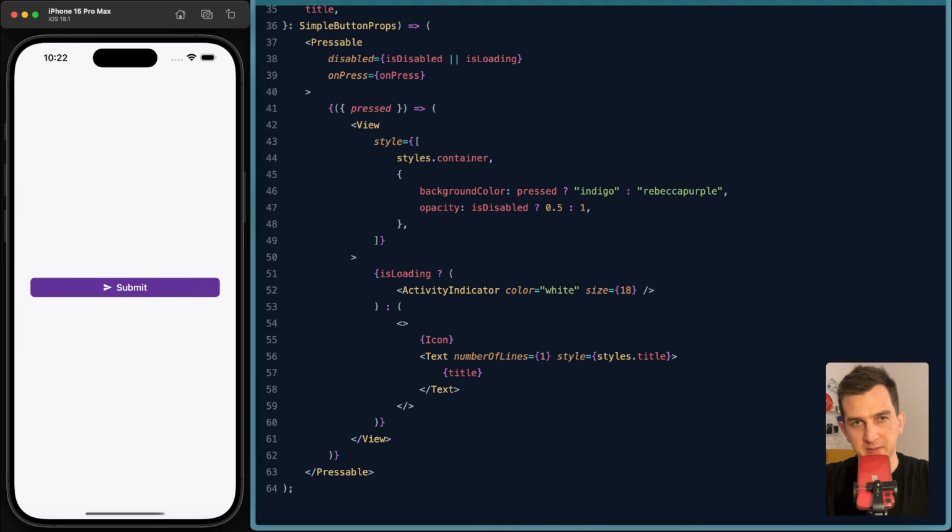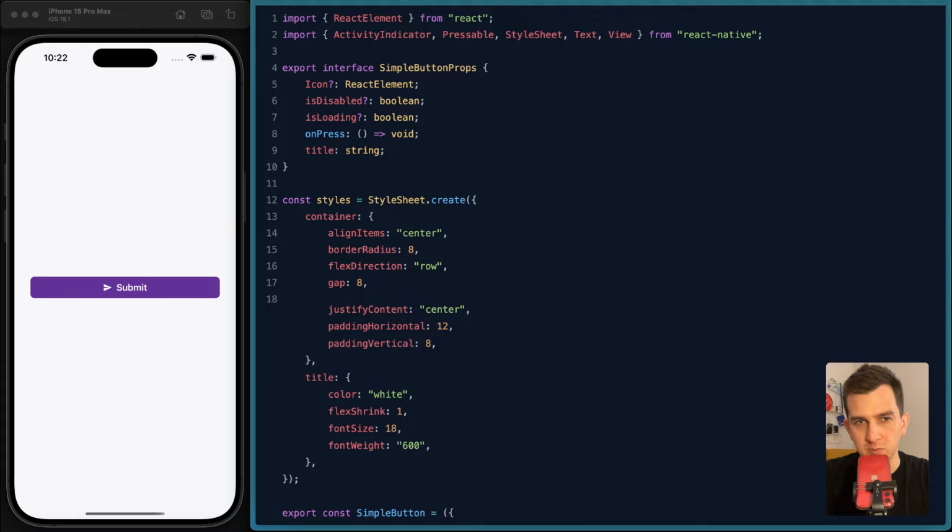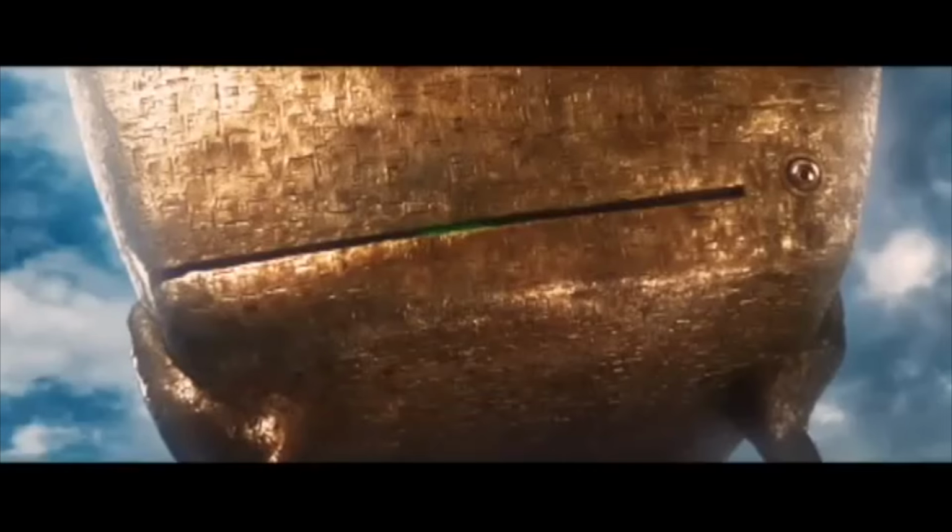Notice the button's height is changing a bit. It's because the activity indicator does not have the exactly same height as the title. To quickly fix it without worrying about the text line height, we can set the button's height. The text is always going to use one line anyway. Let's set it to 42.